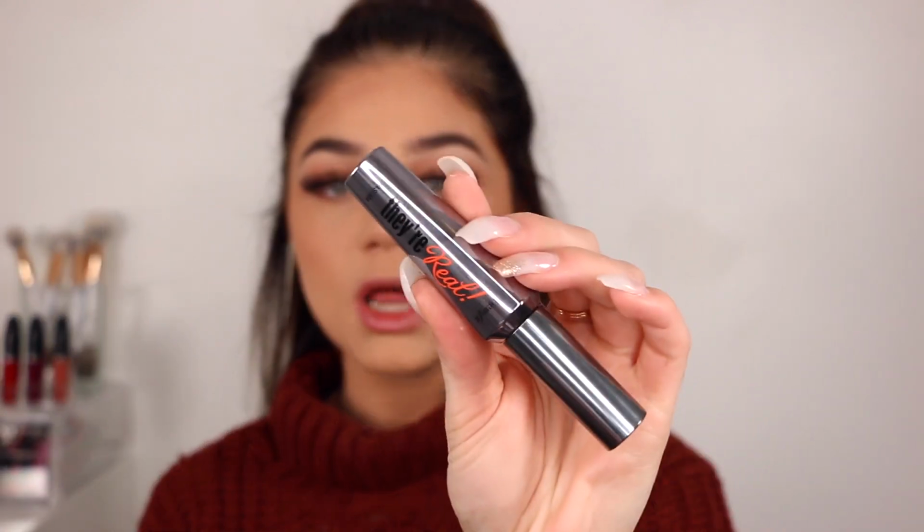So for lashes, I'm going in with the Lilly Lashes in style New York City. I'm gonna go ahead and pop these on with some tweezers. All right, so once the lashes are on, we're gonna go in with some mascara. This is the Benefit They're Real. I am obsessed with this. I'm gonna apply it to the top first from the root only, pushing it from the root